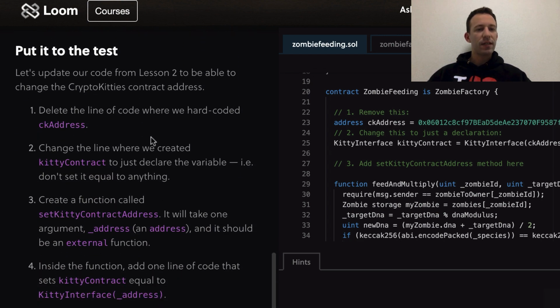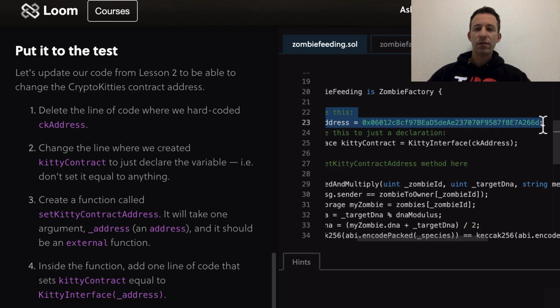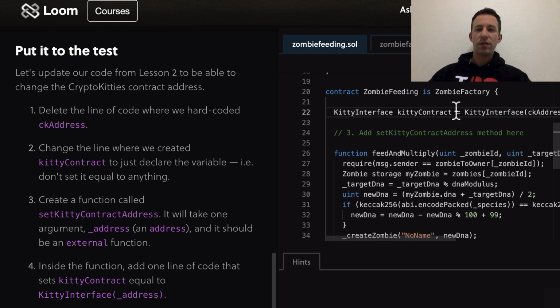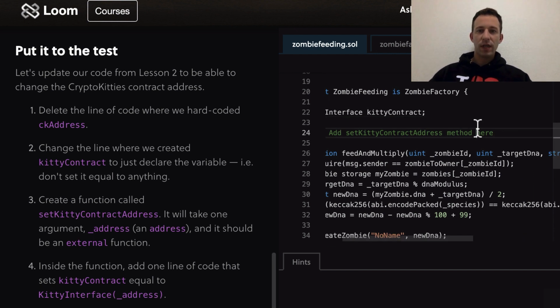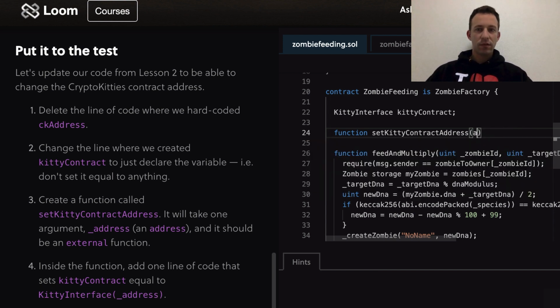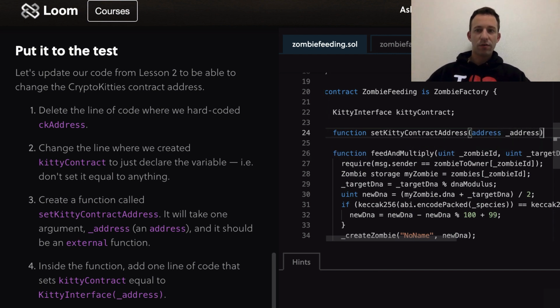So we're gonna do this. Let's see the instructions here. We're gonna delete the line of code where we hard coded the address. So let's do this, and here we're not going to instantiate this pointer, and we're going to add a function called setKittyContractAddress, and it's going to take one argument, an address, called _address,